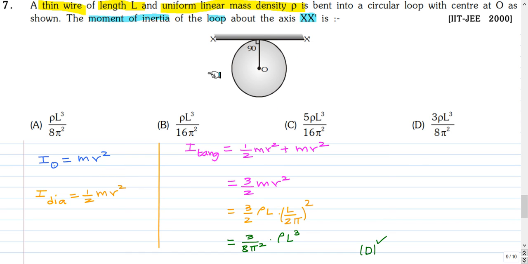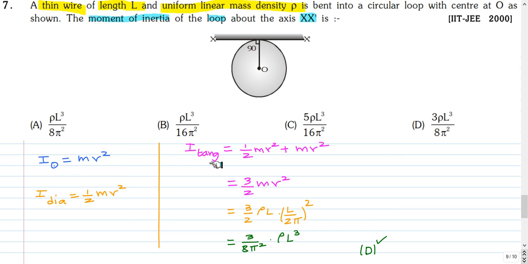The moment of inertia about a diameter in the plane of the ring is half mr square. This is by perpendicular axis theorem. We can take two diameters, one like this and one like this perpendicular, and both the two diameters are the same. So 2 times I diameter will be equal to mr square. So from this we get moment of inertia about the diameter in the plane of the ring is half mr square. And moment of inertia about xx prime can be found by using parallel axis theorem.